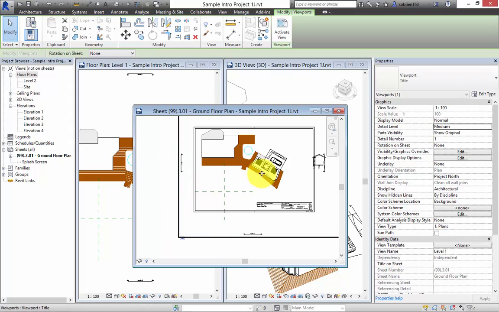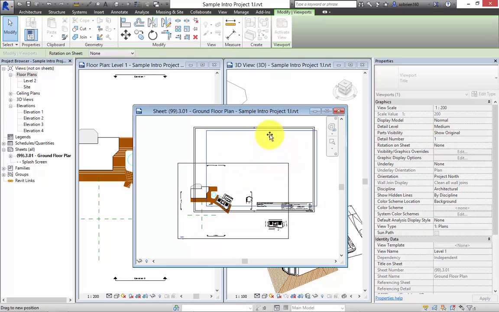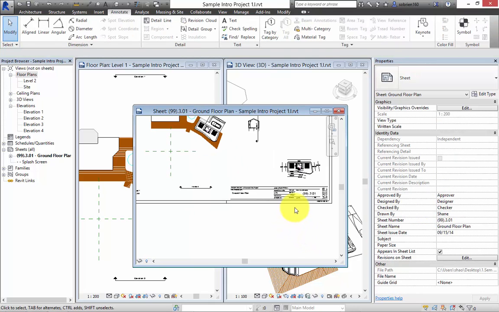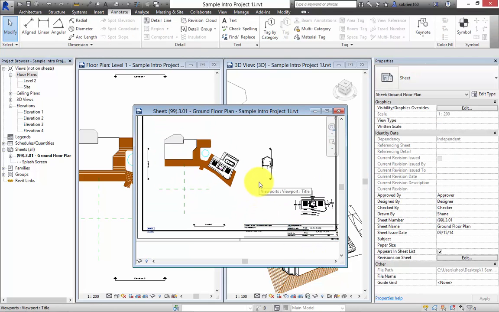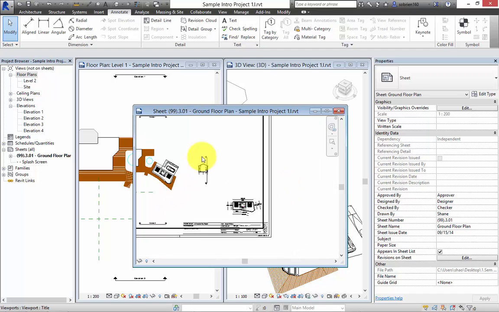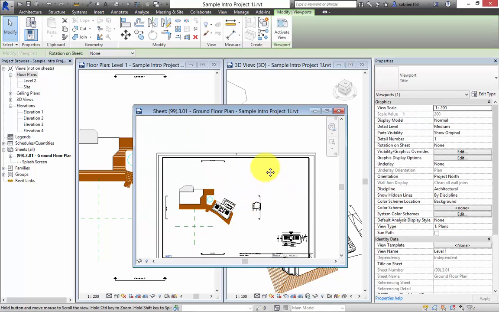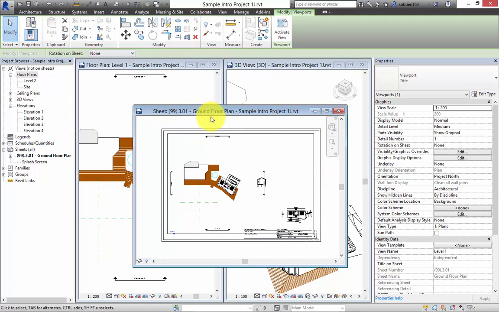Now we can move it around, and we can also change the scale of it to something that will fit on the sheet, for example. So now we have a sheet that's ready to print, but we've got too much information on it. We just want to have this bit in there. So what we can do is we can select the sheet,